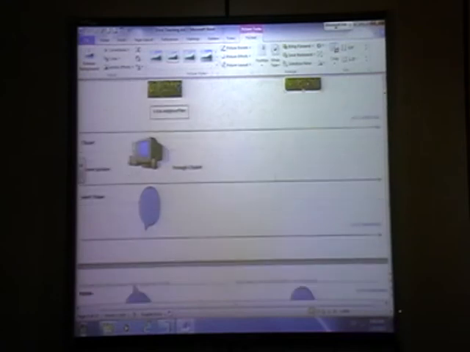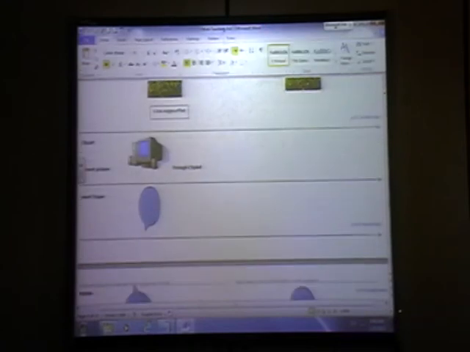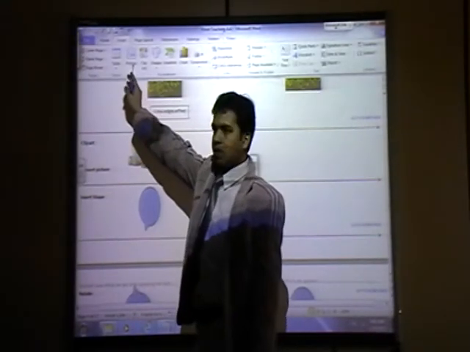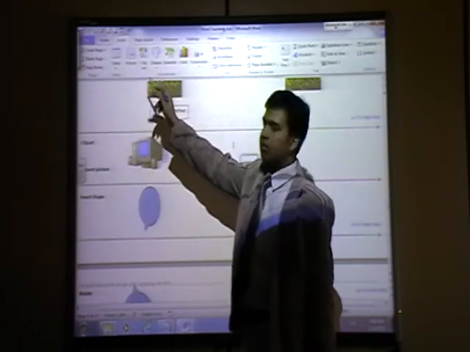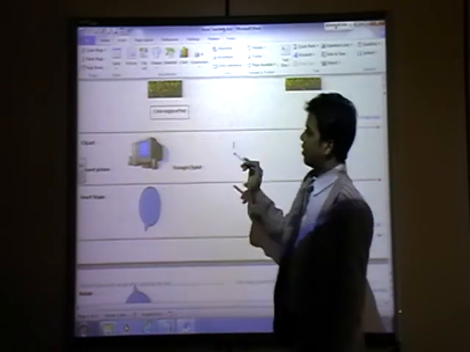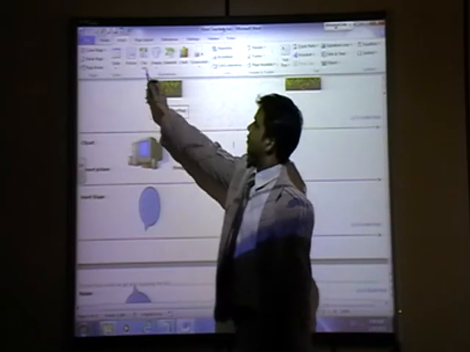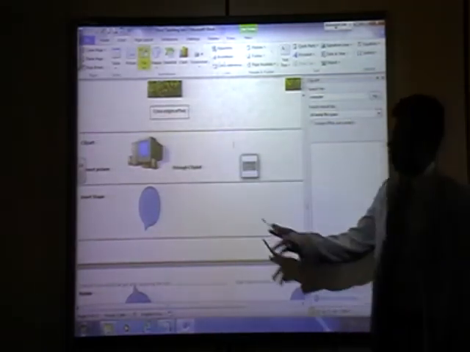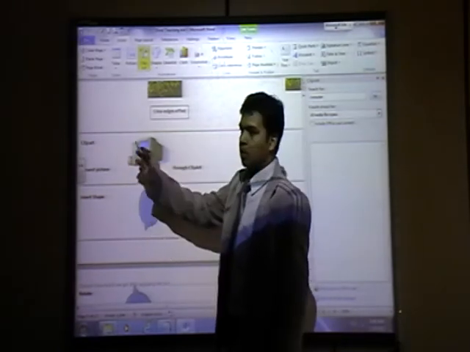Next question is given, clip art. We will insert picture. So now you know how to insert a picture and how to cut, copy picture. Now we will insert a picture from clip art. Clip art, when you click clip art like this, it will come. What is this? This is a computer.